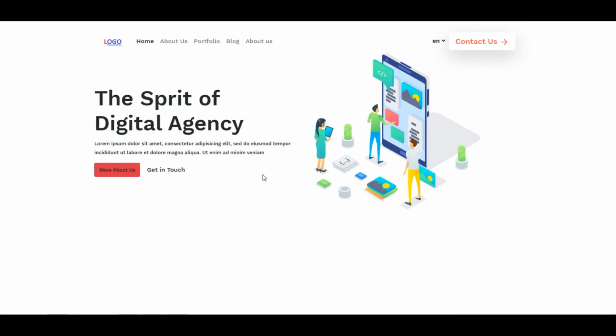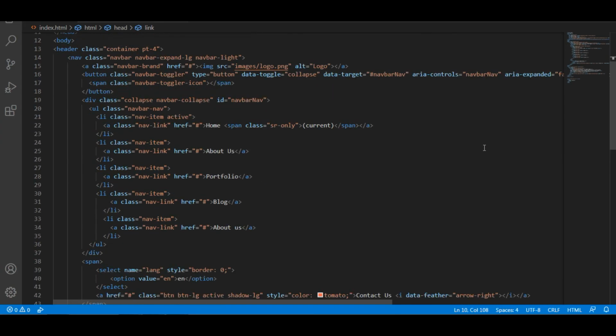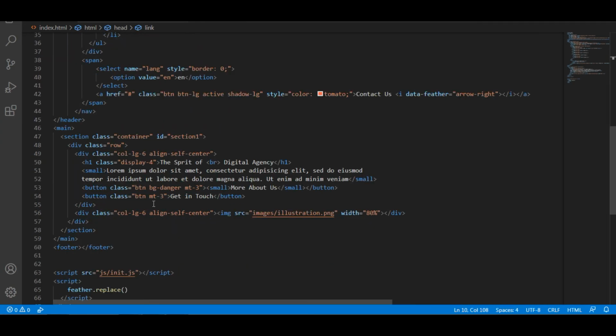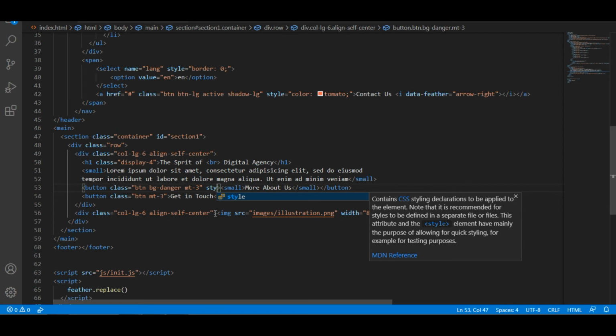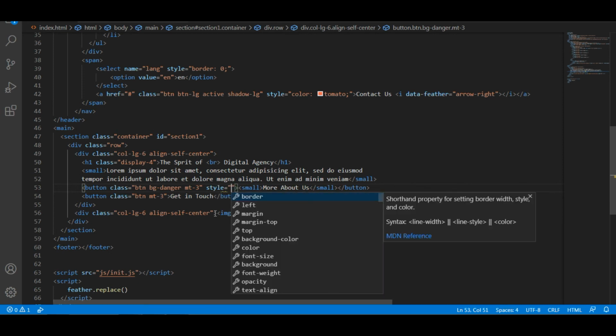Okay, so I want to change these colors also. Going to index.html, then where is the about us? On the about us, I am going to apply some styles to make it look somewhat nice.